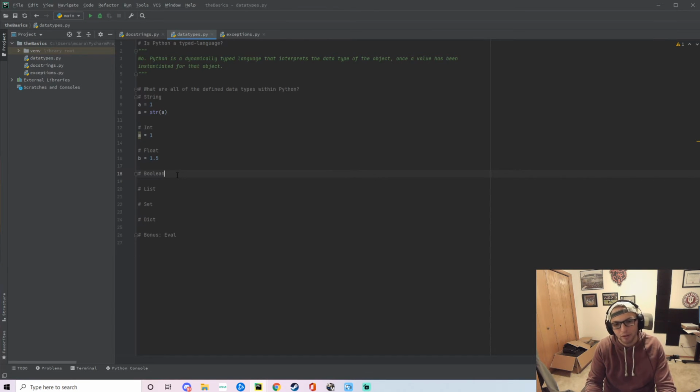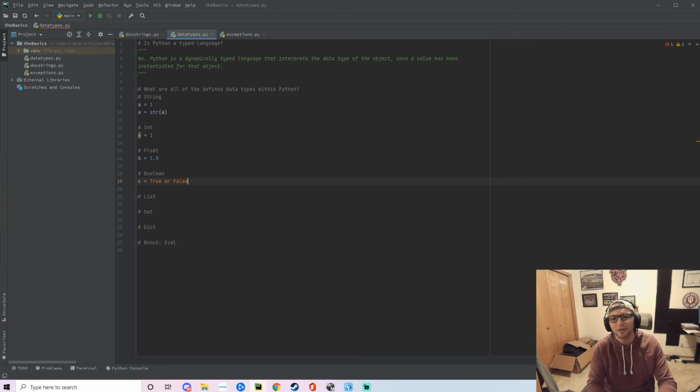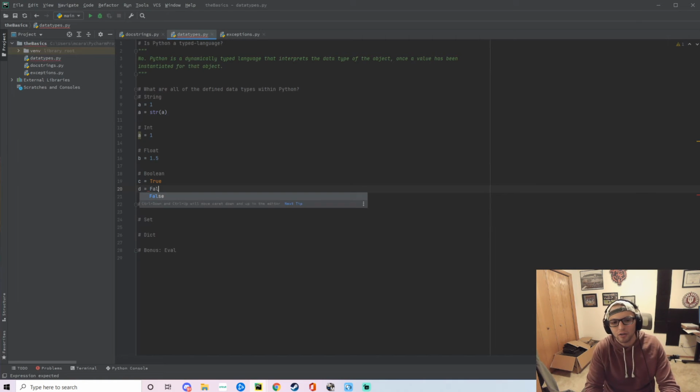I've never had to do it, and I've been programming Python for 7 years. Booleans are just going to be your binary transactions, true or false. So it's kind of funny in this case, C is actually equal to true, and this is actually a plausible way to write out a clause to a variable. So Python does left to right comparisons, and it's going to say true or false. This is true, so the statement's true. This is actually like an acceptable way to write this variable out. It's kind of crazy. But for general purposes, you have C is true, D is false, and those are basically your two Booleans.